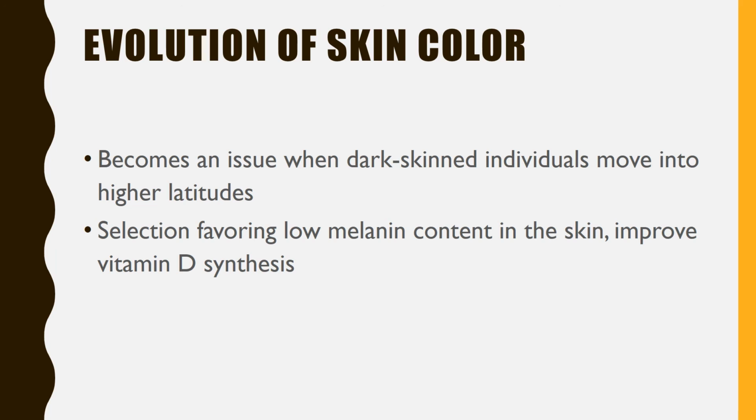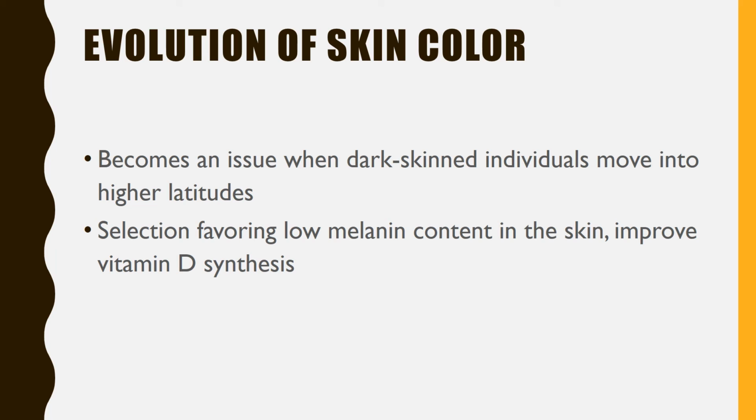But at one point in time, Homo erectus left Africa and began traveling north into Europe and to other more higher latitude areas. So this means that they were being exposed to less UV rays, and their skin was naturally blocking out these UV rays